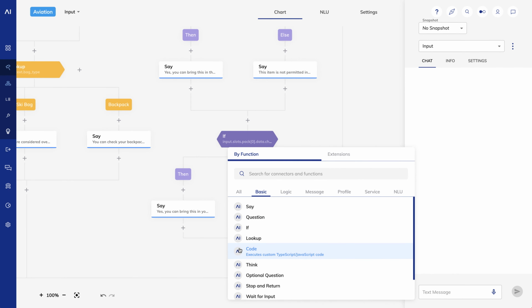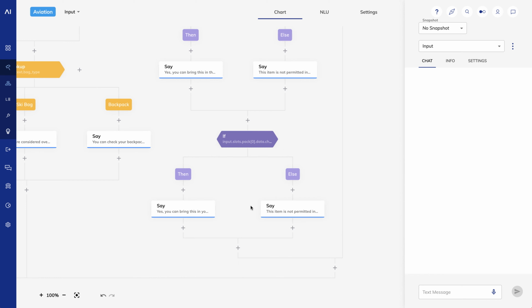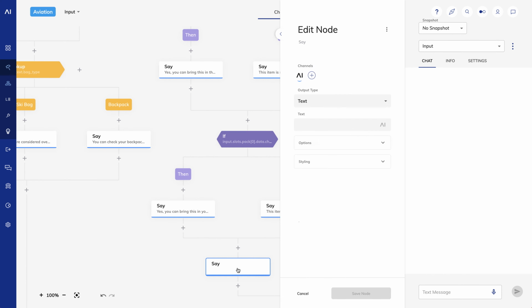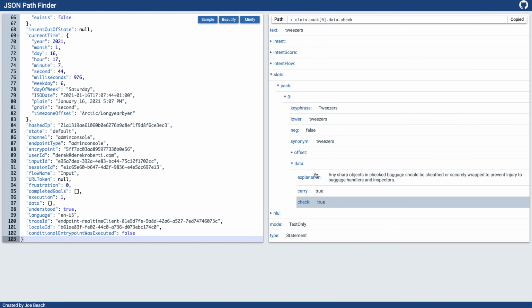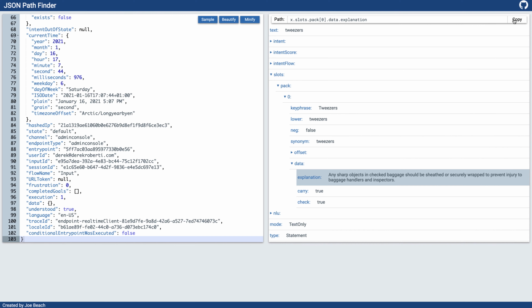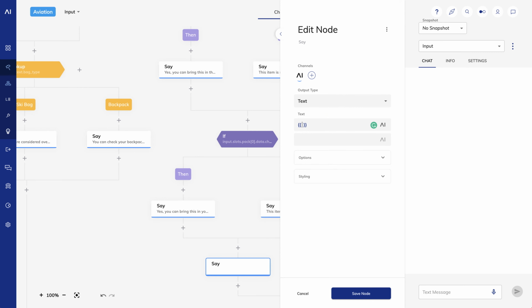Finally, I'll output the explanation if there is one. I'll create a say node and add my double curly braces. I'll go to the Pathfinder to get the path to the explanation. I'll copy it and paste it between the curly braces.